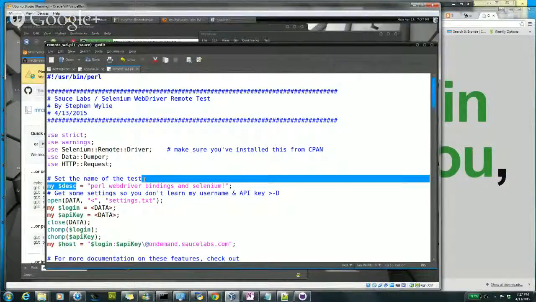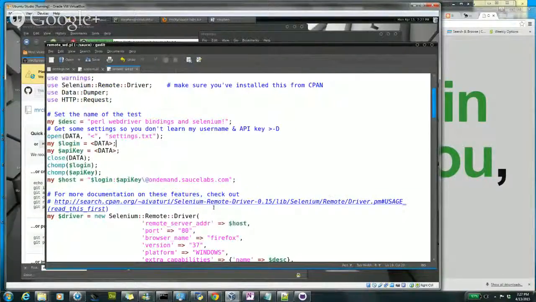first thing we can do is actually get some test data to log in. So in settings.txt, I fetch my login and my API key, simply my username and my API key, then just chomp it, standard stuff. And then I concatenate that into a big string to log into the Sauce Labs Selenium instance that exists on their VM that they spin up for me in real time. So login : API key at on demand